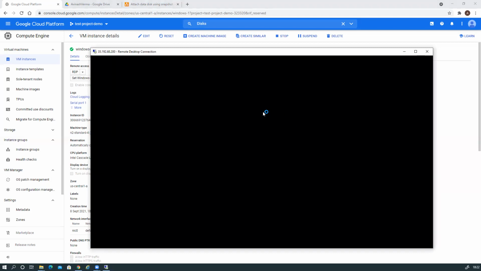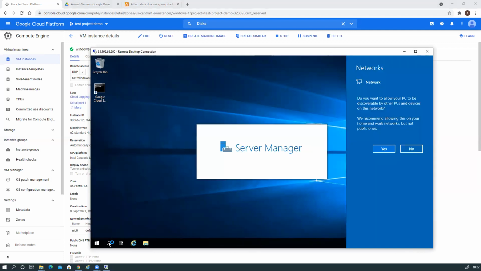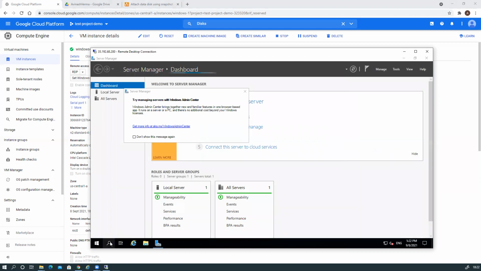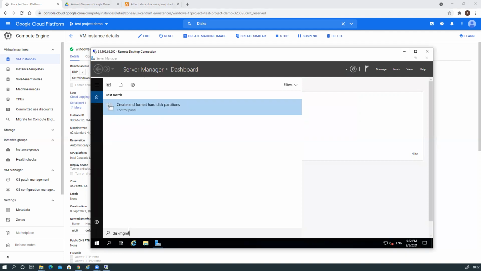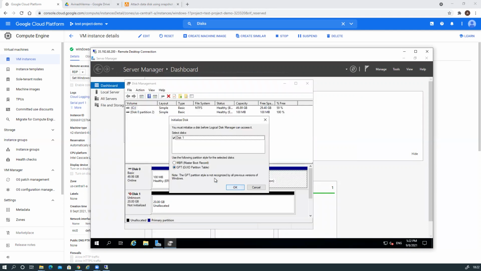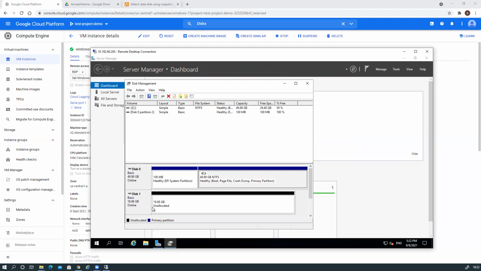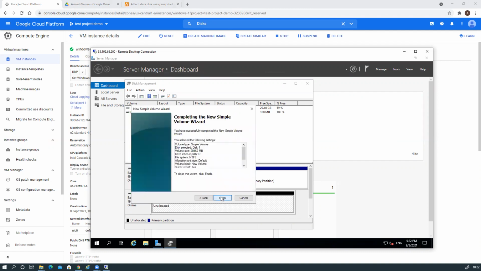As you can see, we are successfully logging onto the machine. The disk configuration. We go to disk management. Like this one we created, available here, 20 gigabyte. Online already, so new simple volume, D drive,